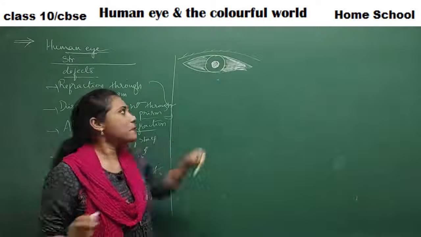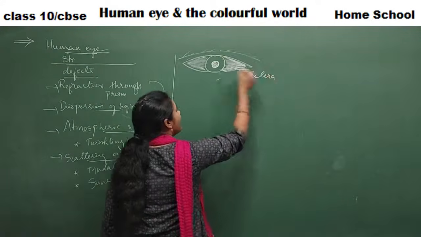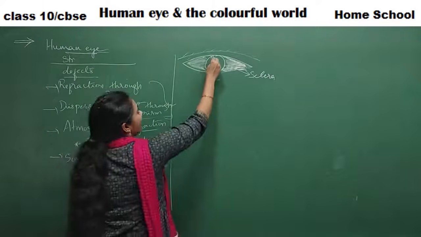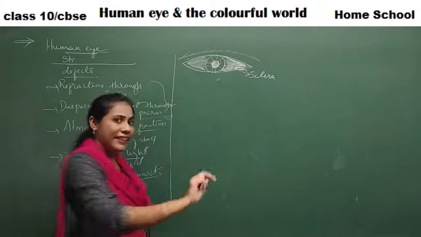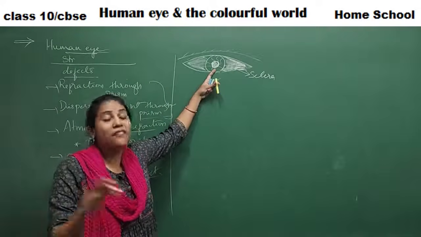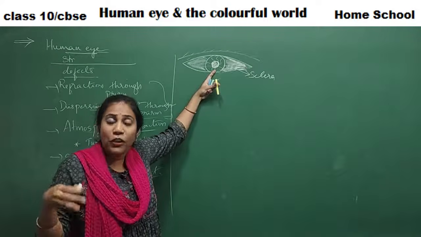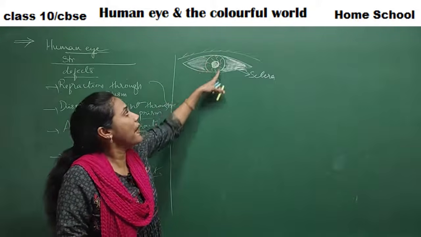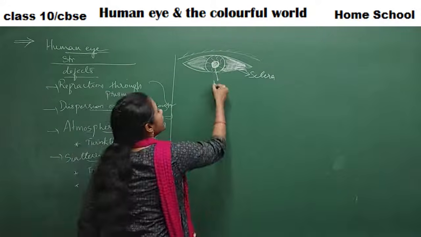Let me tell you the various parts here. This white color portion is called sclera. White color portion of the eye is called sclera, right? And this part is slightly colored. The color of this part is different in different human beings. Some people will have blue color, right? You must have heard of blue colored eyes, cat eyes, brown colored eyes, black eyes, different colors in different human beings. That is because of this part. This is the colored part of an eye, and this part is called iris.